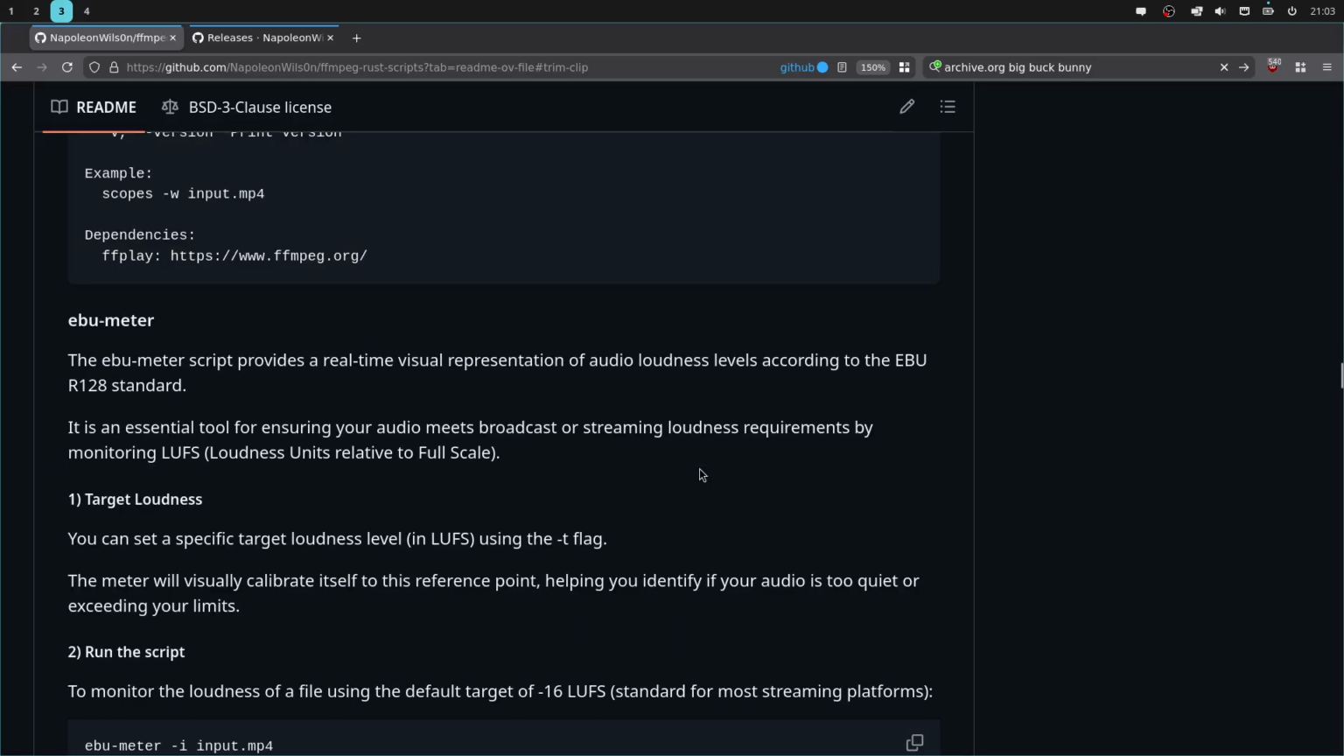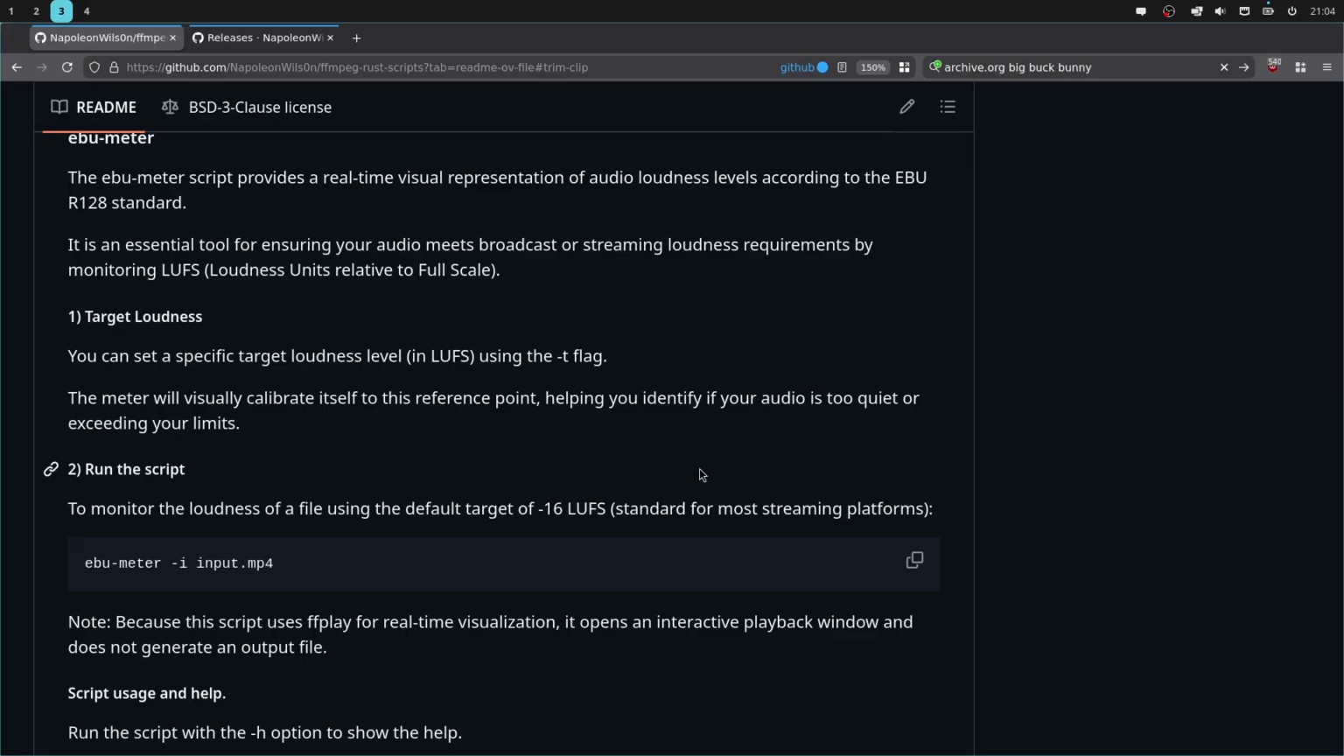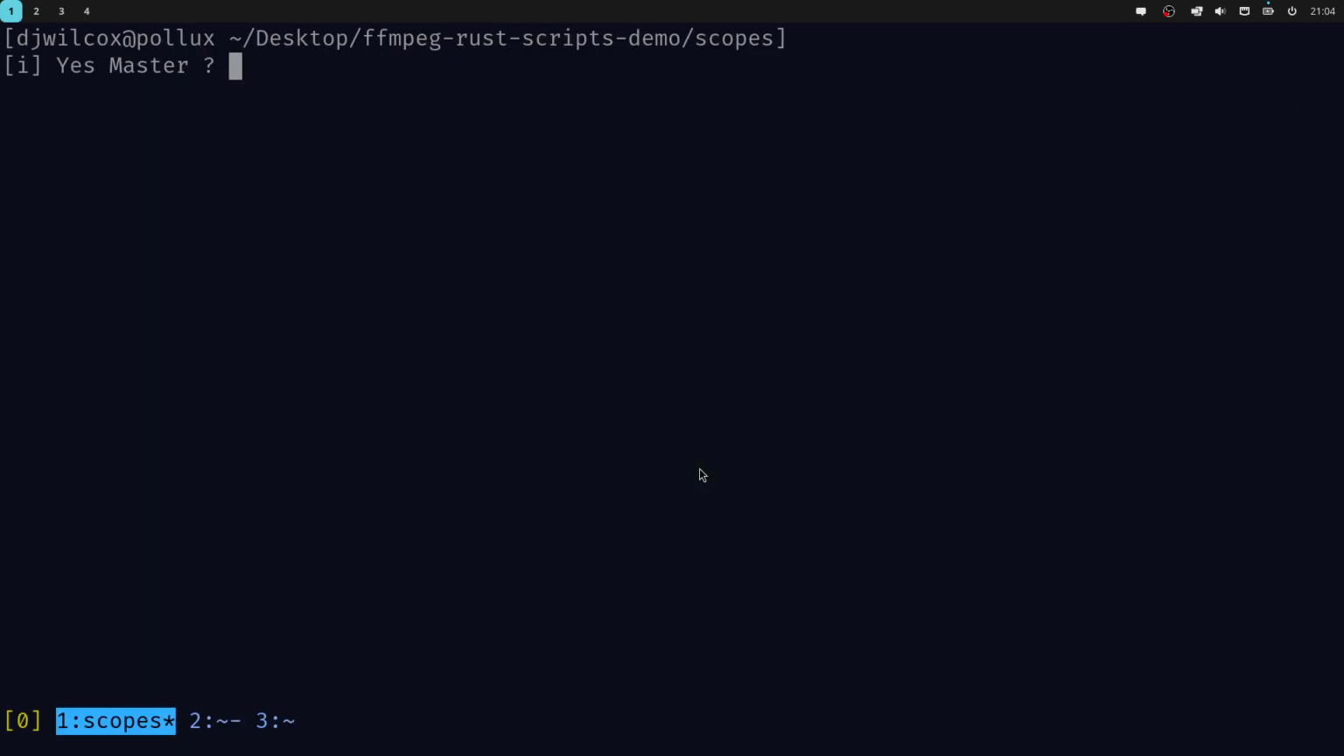Okay, ebu-meter. What this does is this shows the audio levels according to the EBU R128 standard, which is a loudness requirement monitoring LUFS, which is loudness units relative to full scale. And this is useful to check the audio levels for audio and video if you're going to upload it to the web. And it has a -T option where you can specify the actual LUFS value you're targeting. So if we come back out to ebu-meter,